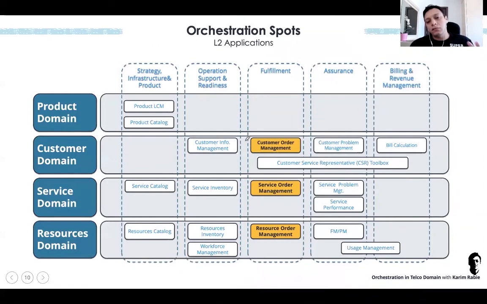So the first spot: customer order management, service order management, resource order management. This application is a level 1 application. If you dig into this application and go to level 2, you see a service orchestration capability. So that's why